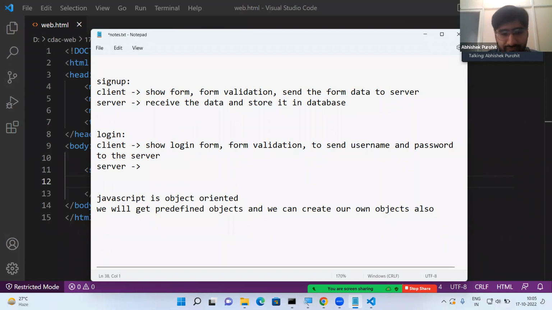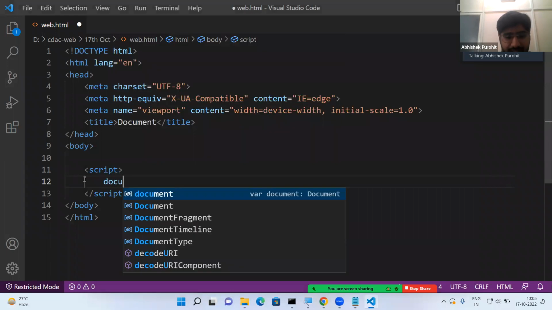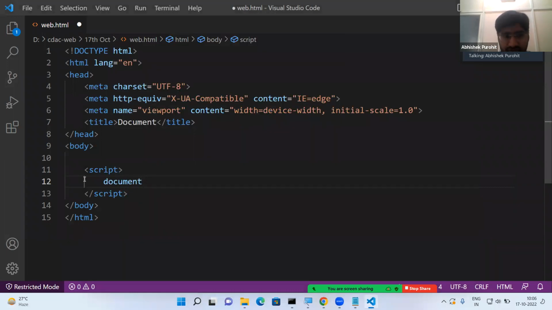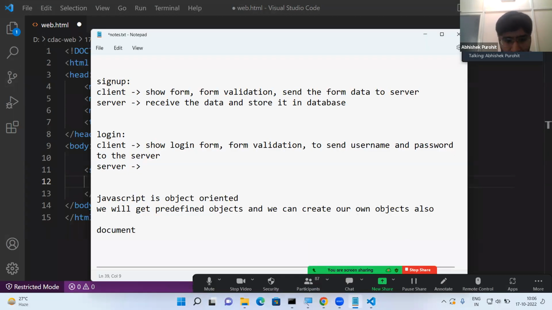Okay, so in JavaScript you are getting lots of predefined objects. One predefined object that we are going to have is document. So in JavaScript programming, we have one object that is document. Document is simply a JavaScript object. You can see I have written one object that is document, and I have not defined this object by myself,